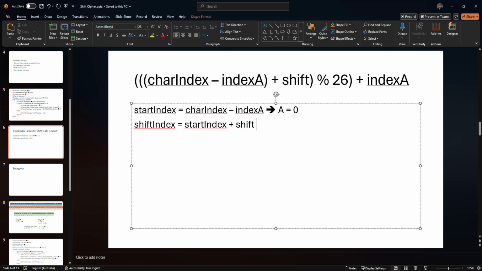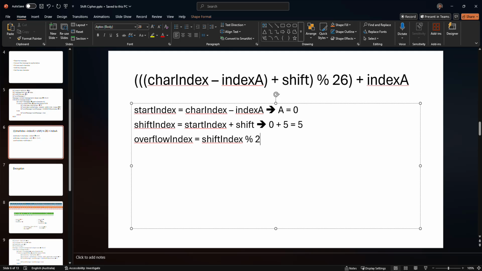So here, basically you're adding 5. So you got 0 plus 5 equals 5, right? And then you go to overflow index, for example, equals shift index